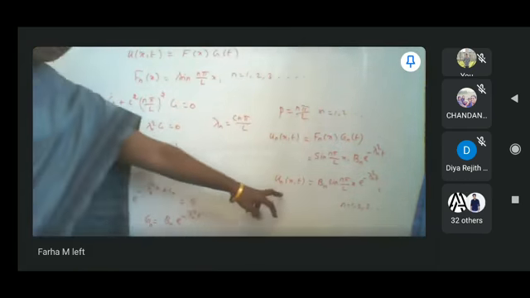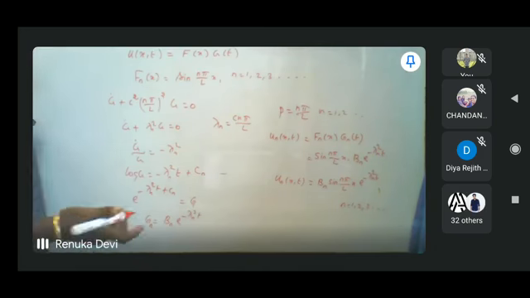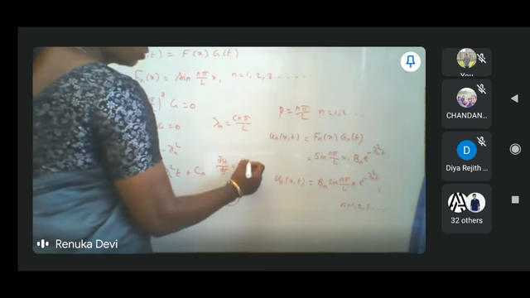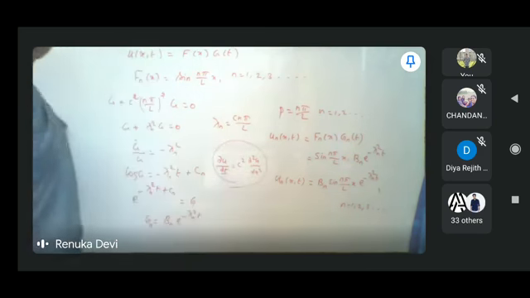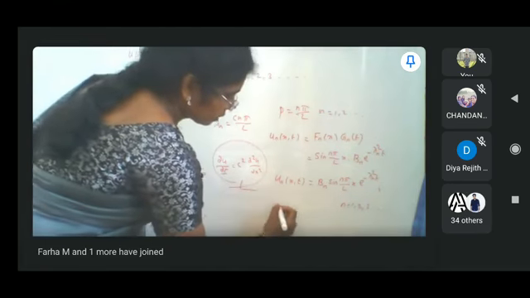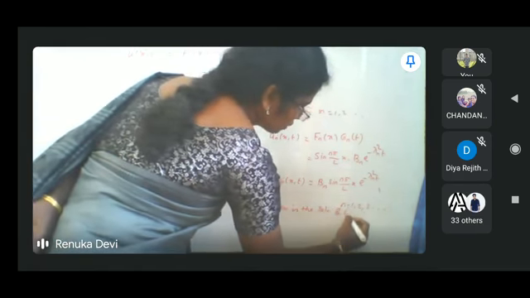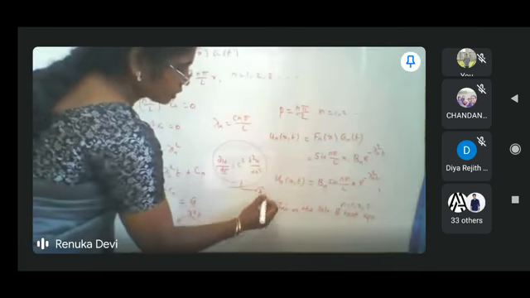Therefore, these un's are solutions of the heat equation. What is our heat equation? I don't know what number I have put. So this is our heat equation, c square dou square u by dou x square. So this is the solution of our heat equation. I don't know what the number is, I just put a star here. So equation star is satisfied